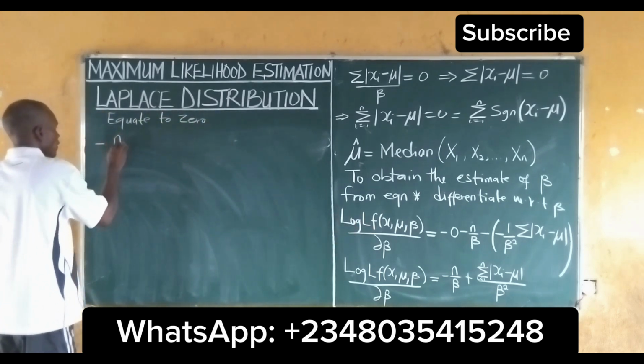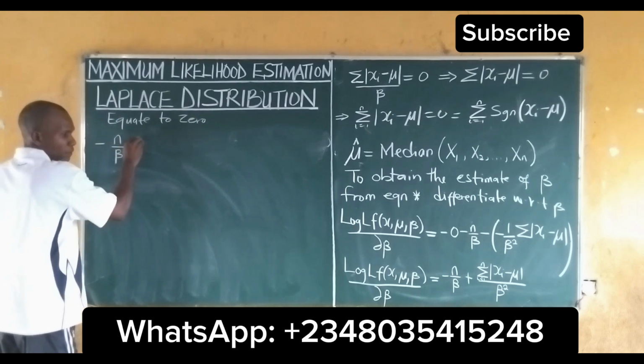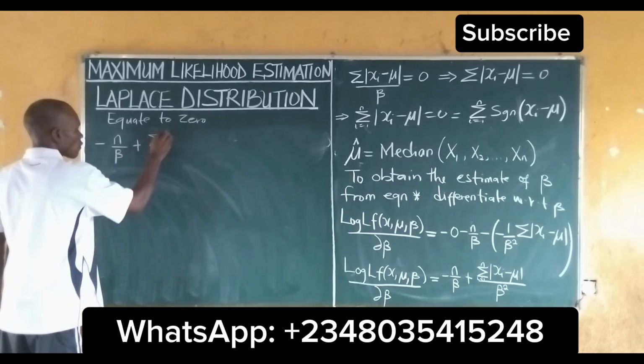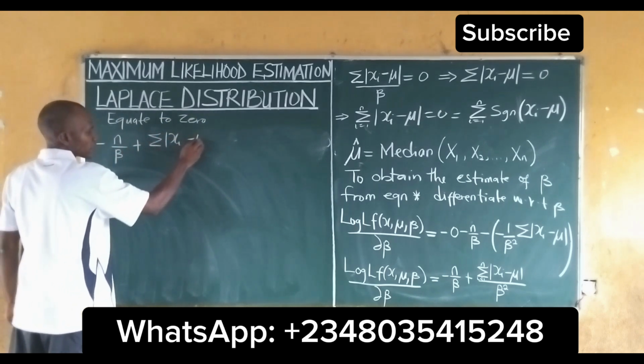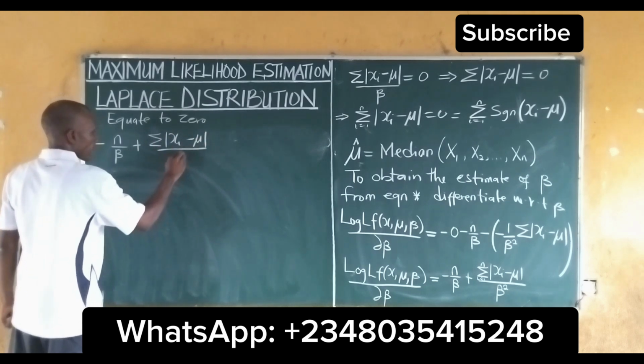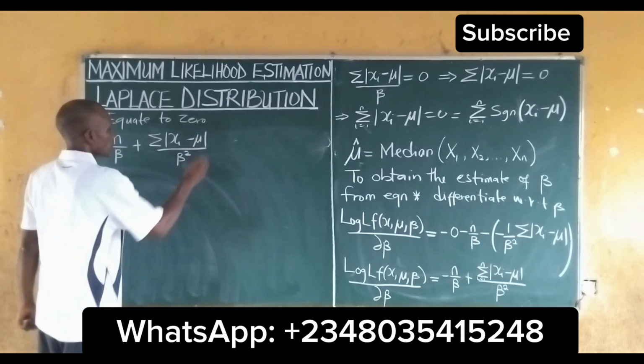We have negative n all over beta plus summation of xi minus mu all over beta squared is equal to